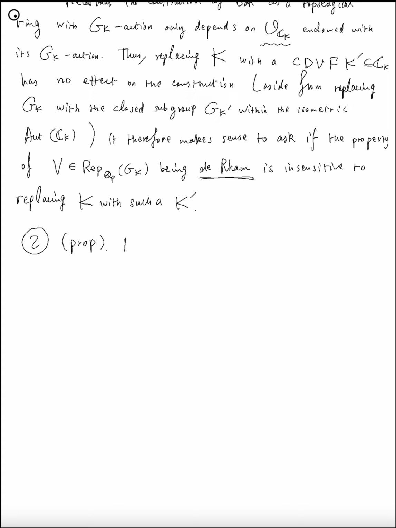So for any complete discrete valued field extension K prime over K inside C_K, and any Q_p representation V of G_K,